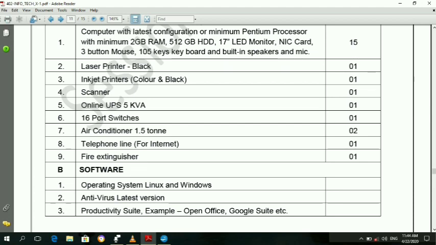I will provide this syllabus on your WhatsApp number, so don't worry about this. So let's get started with the topic, styles in a document.